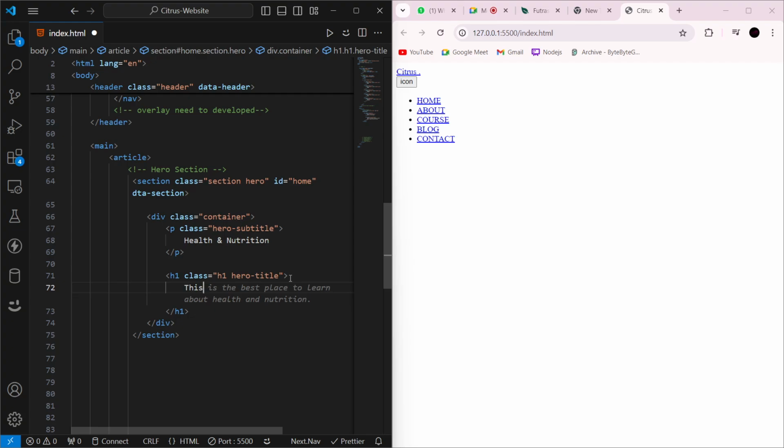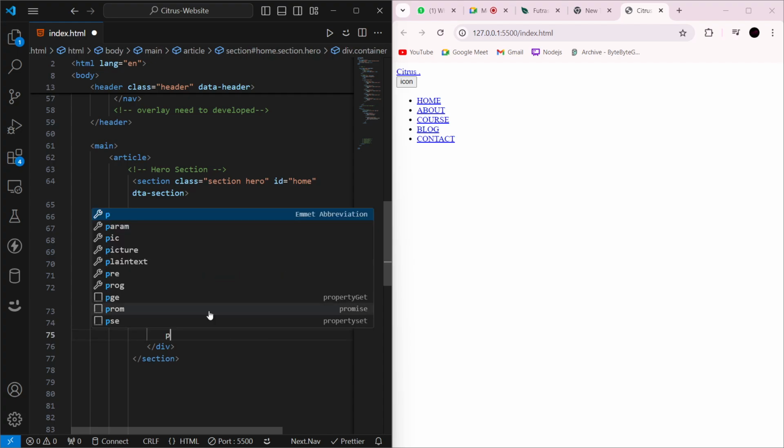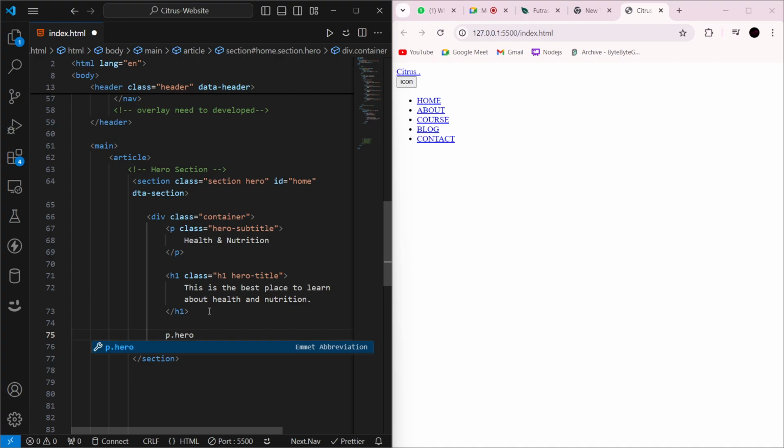Okay. So we will go with whatever we are getting suggested. This is the best place to learn about health and nutrition. After the H1, we are going to create another P with class name hero text. Inside this hero text, we are going to write